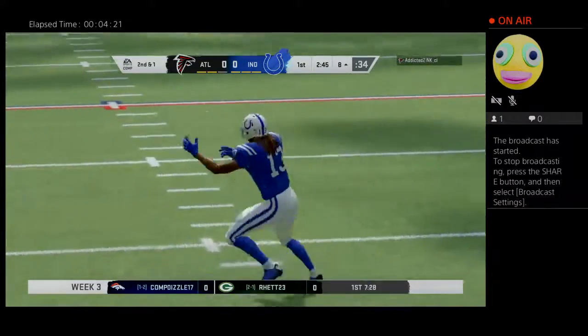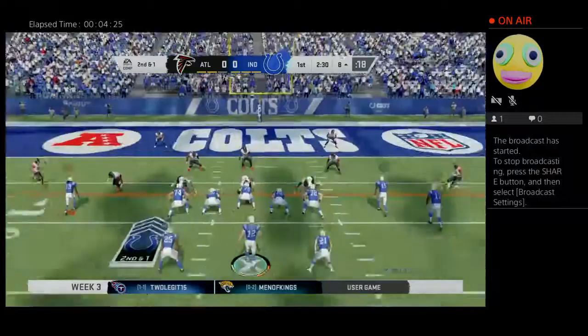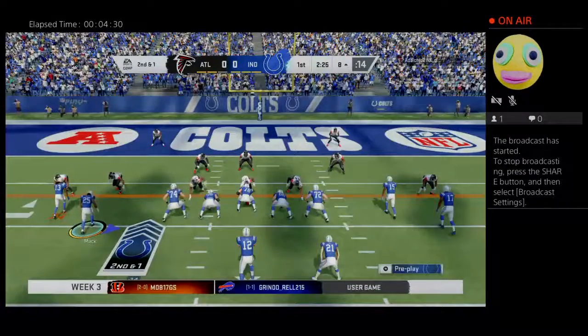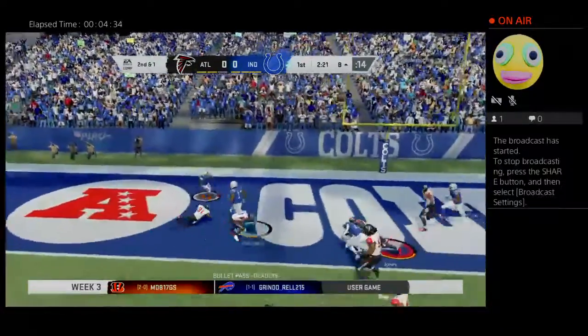I think a lot of people ask the same question all the time. Why do we see so many slants in the red zone? Well, the windows are tighter. Everything's more condensed. It has to be quicker, and you've got to deliver the ball on time. Your biggest worry? Ball gets tipped in the air. Because if that happens, then it's...